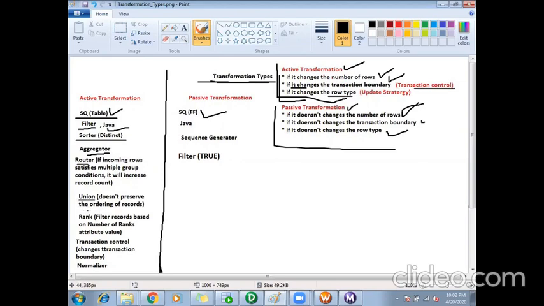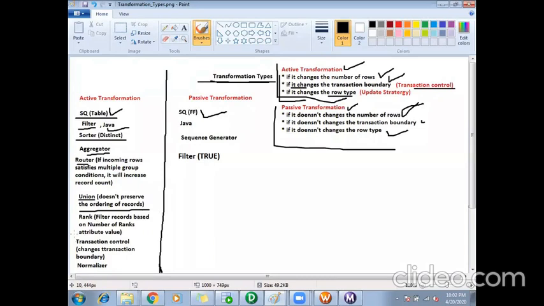Union, we have discussed, is also active, though it doesn't increase or decrease the count. We say it is active because the record order is not preserved. Though I pass sorted data to the union transformation, the output of union might be unsorted data. I can't preserve the ordering of the records. That's why we call it active.